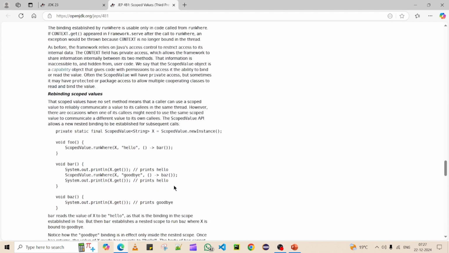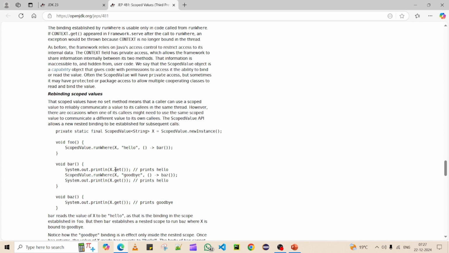Yes, this is where we can see scoped values. We can run with the key and the corresponding value and the corresponding API or work where you are trying to execute it. Here, bar is one piece of code I want to execute as part of the thread,